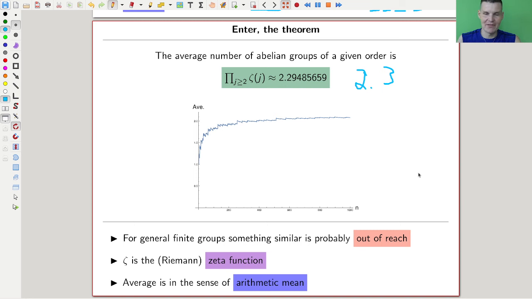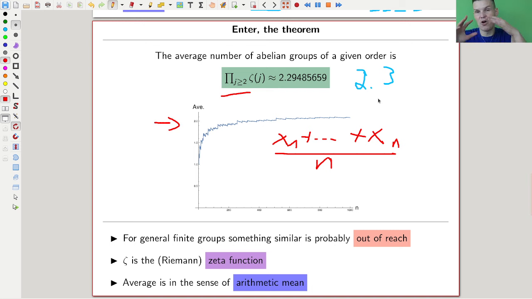Sorry, 2.3 on average. To be precise, for the ones who want to be picky, it is a product of the non-trivial, non-pole integer values of the Riemann zeta function. Fine, who cares? But really, you take the average in terms of the arithmetic mean, which just means you sum over all of them up to a certain point and divide by n. And this function actually is bounded, and it converges to roughly 2.3, which is really surprising,